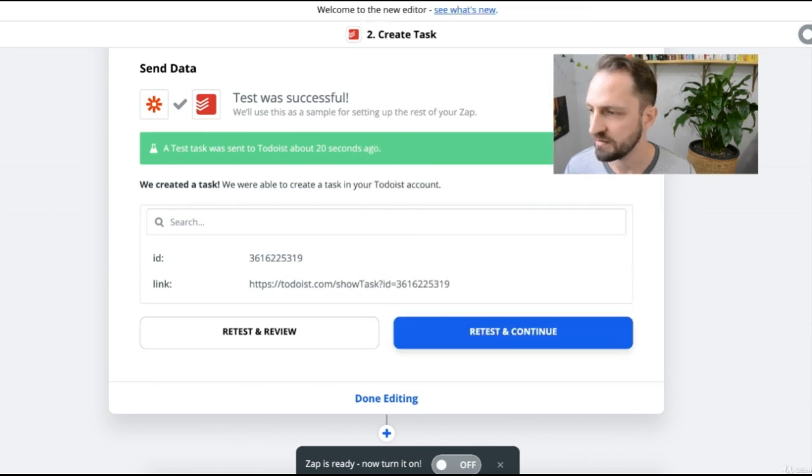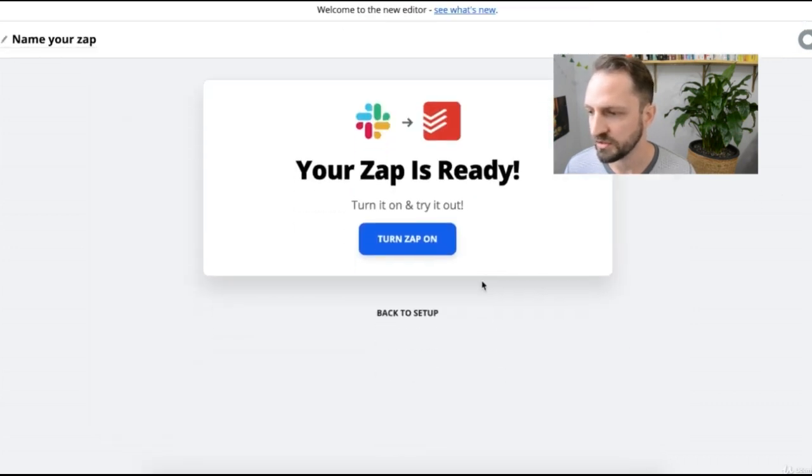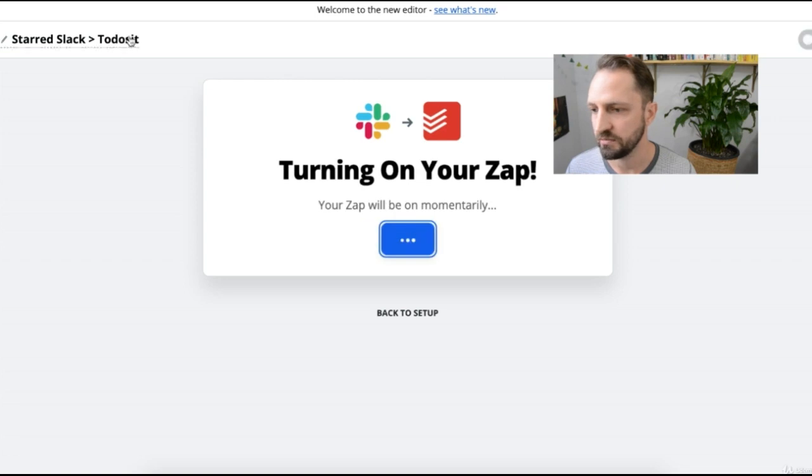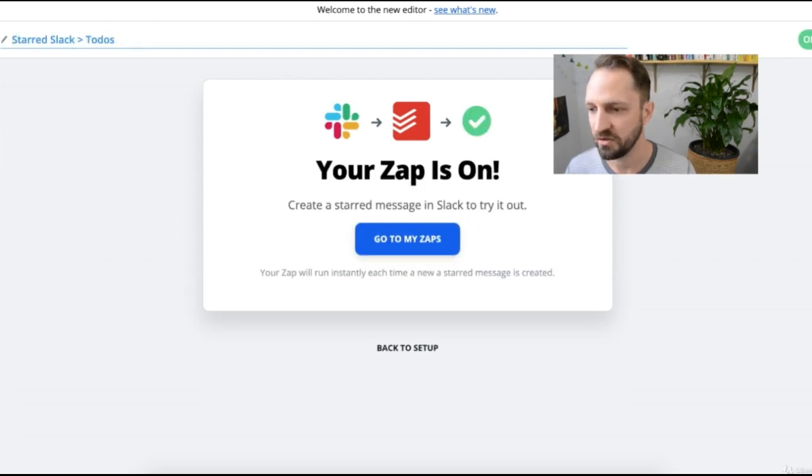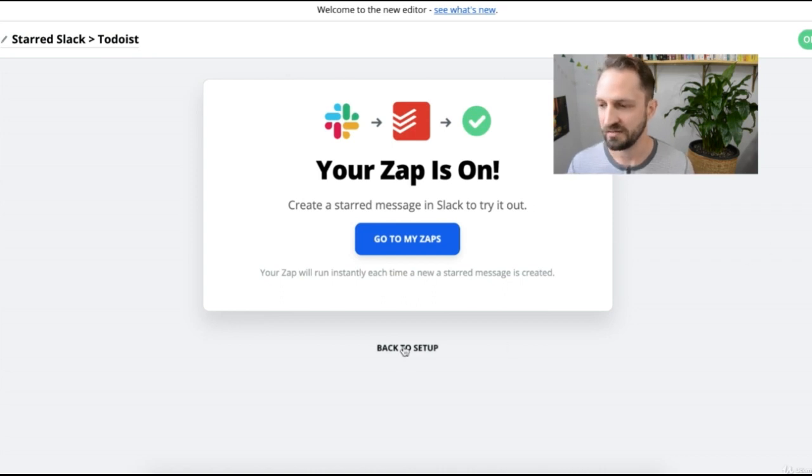Once we're done, we'll just click Done Editing. We'll give a name, Starred Slack to Todoist, and we'll turn it on. Oop, little misspelling there. No big deal. There we go. Okay, and it's done. Easy as that. So now